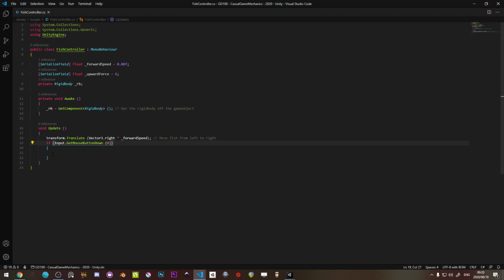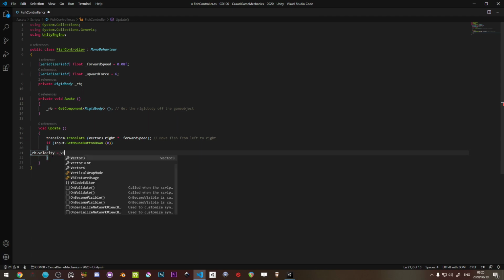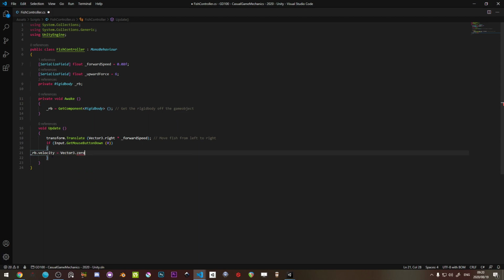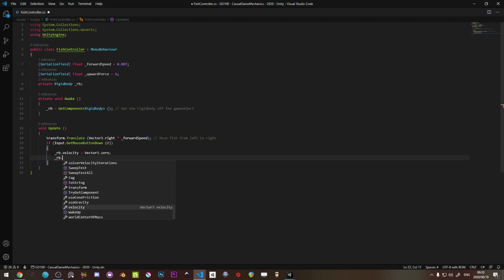So if the mouse button is down, we are going to say grab the rigid body dot velocity is equal to vector3 dot 0. We want to zero out any kind of velocity before we add, because remember, it's falling down. So if we add velocity but still keep the initial falling velocity, he's not going to jump up as much, and we're going to get inconsistent results with jumping. So the moment I click my left mouse button, I want to zero out all the velocity and then add new velocity. Or in this case, add force,